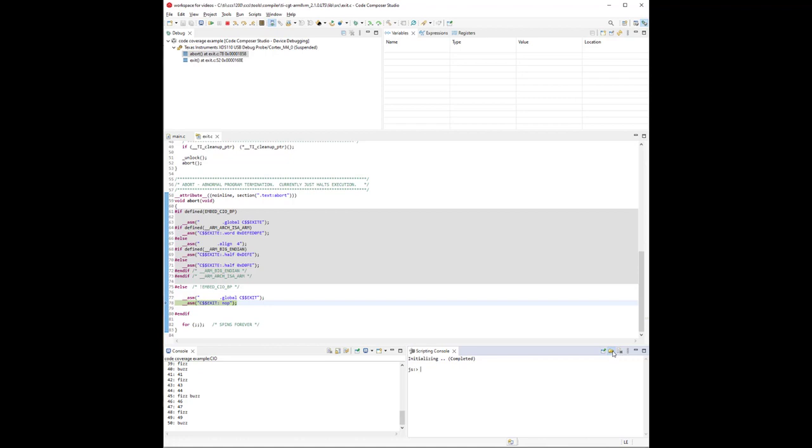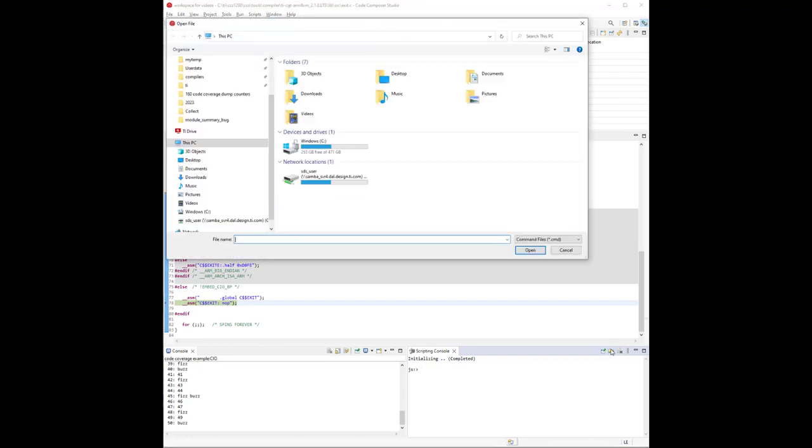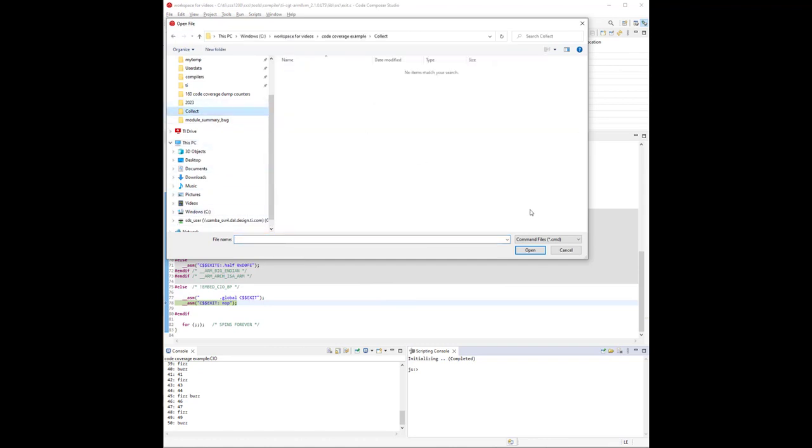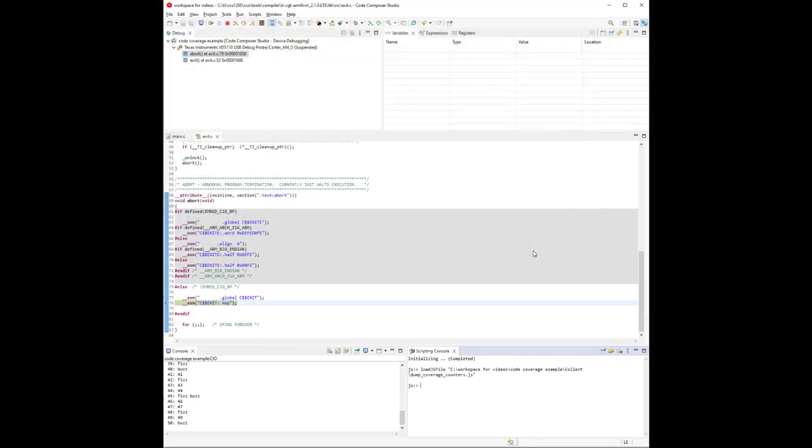So press this icon here to open a file. We have to browse to where it is. Turns out this directory is it. Don't see it yet. What's going on? Well, we need to tell it to look for JavaScript files. Here it is. So select it, press open, and that causes the load.js file command to run. That's the file, that's the input to that command.